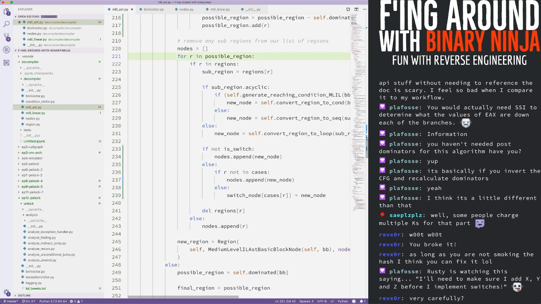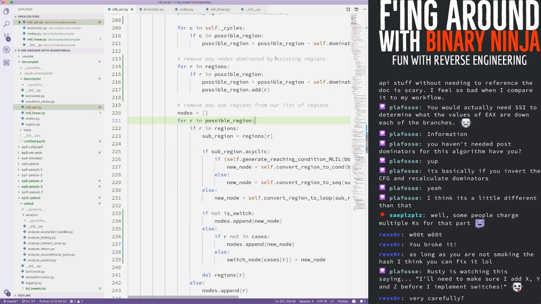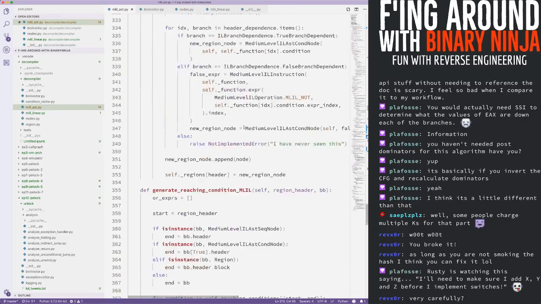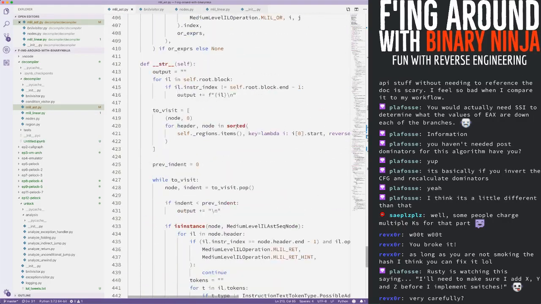All right. Yes, so that was a missing step that I just hadn't really come across yet. And so now our print statement